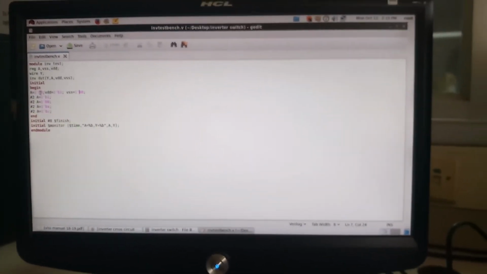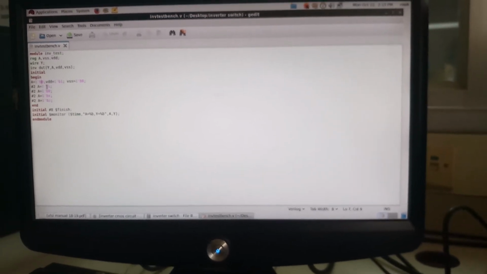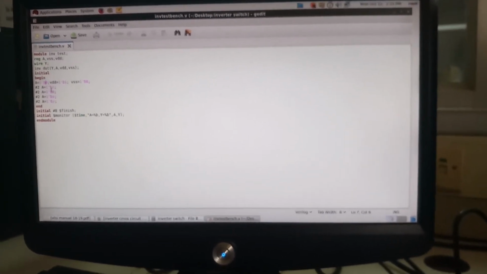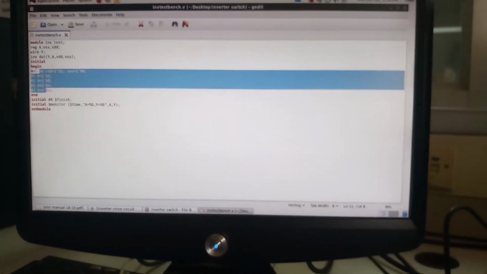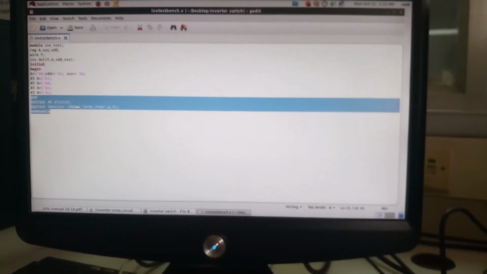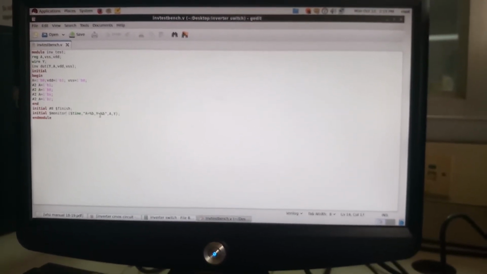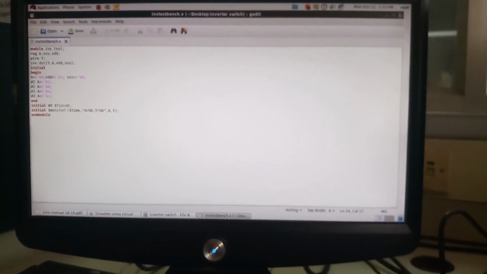First apply A equals 0 and check what the output is. Next, after every 2 nanoseconds give A equals 1 and check the output. Next, again after 2 nanoseconds give A equals 0 and check the output. So we are going to change the inputs and check the output Y. And this is common for all experiments. Initially finish monitoring input and output, then end module. This is a test bench code for an inverter.